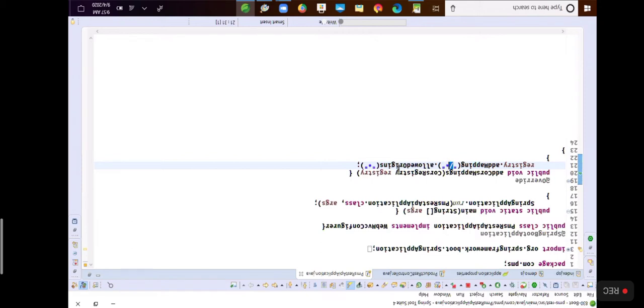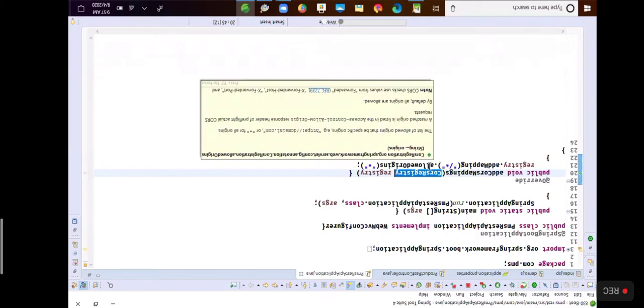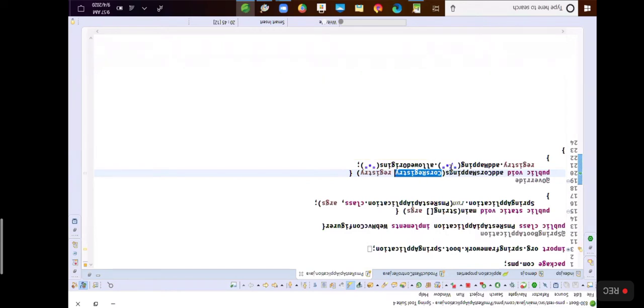So add all these mappings and allowed origins to the CORS registry. Right, okay. This is called enabling CORS support globally, right? We'll move on.